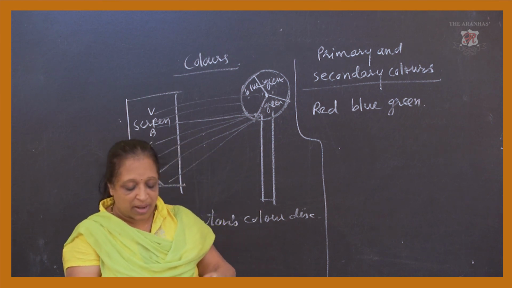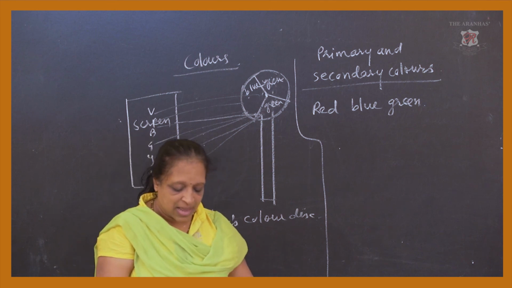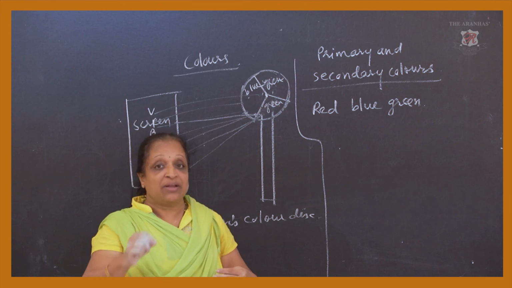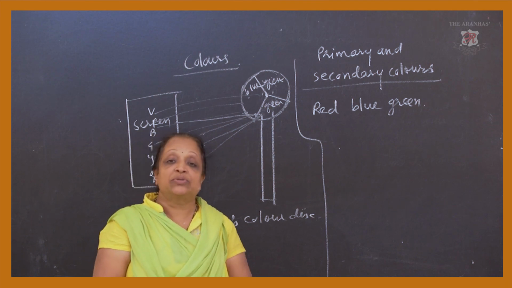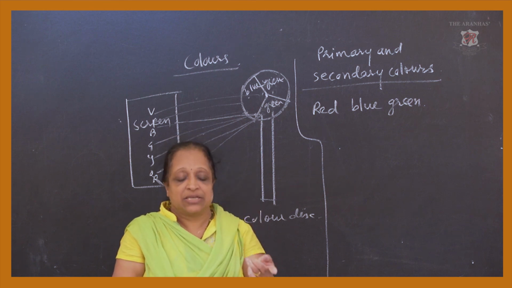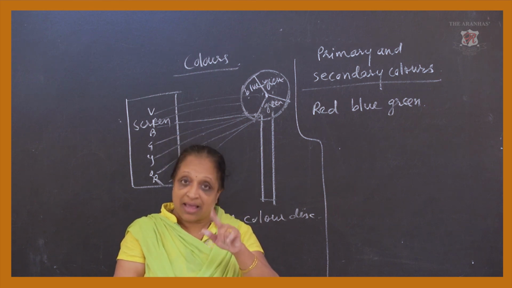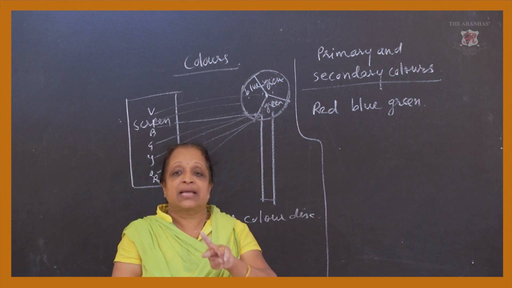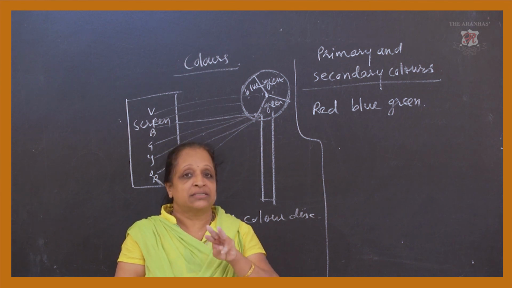Now how these primary and secondary colors are there, and by mixing with white or any other color what effect we are going to get, that we are going to see in our next class. And remember, in the next session I will be completing this lesson and we will be solving the question answers for the second lesson, motion, and the third lesson, energy.